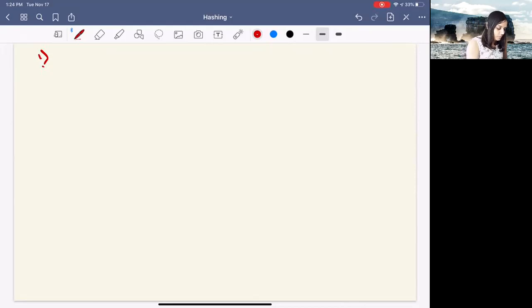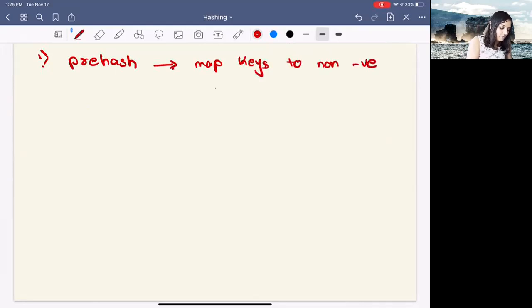In order to solve this problem, we can have another hash function. Let's call this prehash. And the job of this function is to map keys